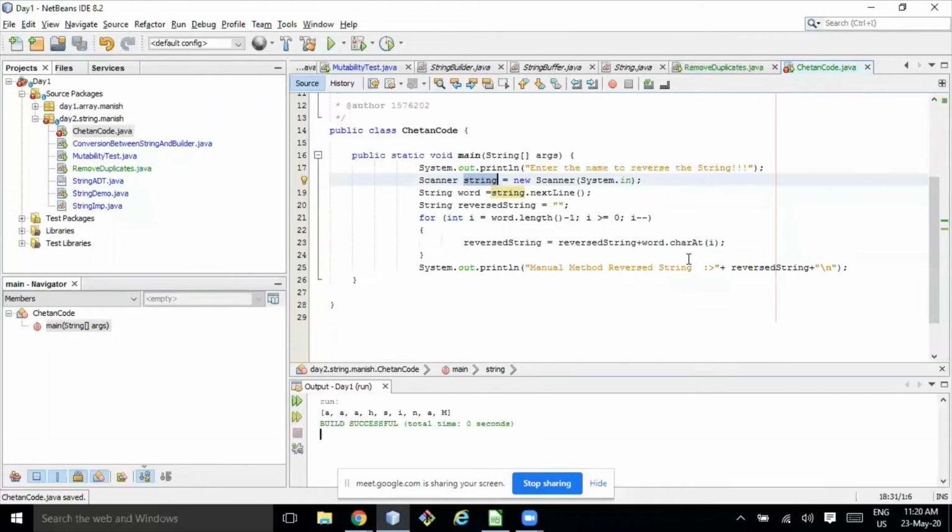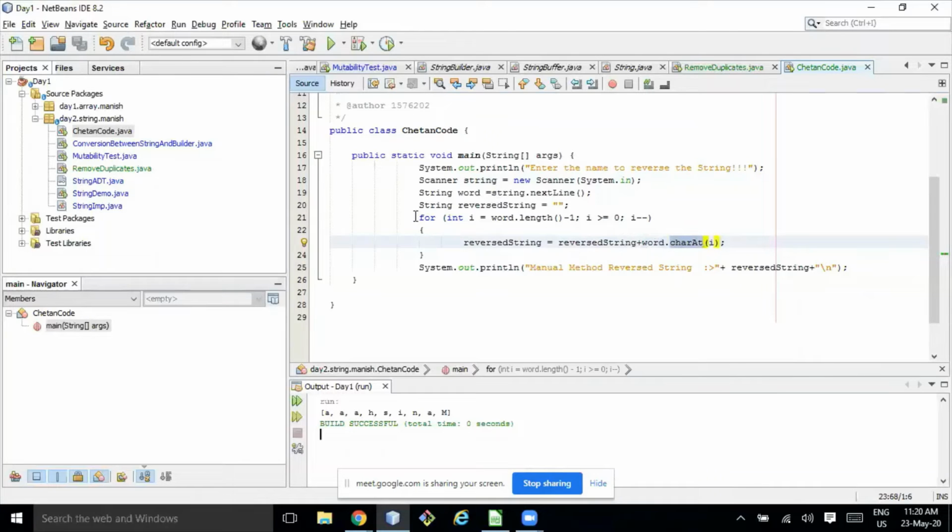Yeah, you can explain. Here I'm using a Scanner class to get inputs dynamically. After receiving that, since we have to reverse the string, I'm taking the length of the inputted string in the for loop. After that, I'm doing a decrement here. Okay, if you go to line number 20, okay, I got it. Let me explain the problem with this approach.